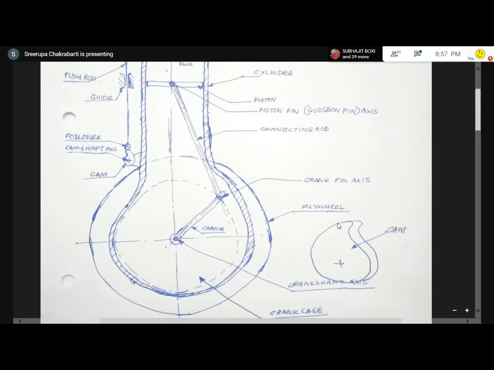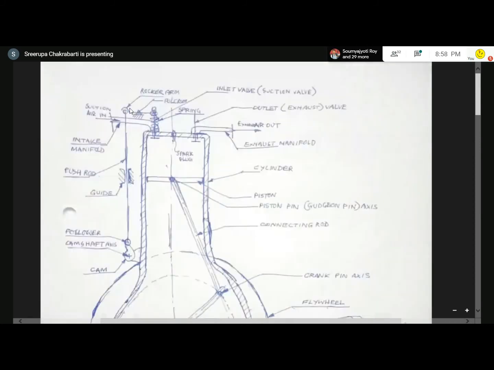That is the valve operating mechanism. It consists of the camshaft, the cam follower, the push rod, the rocker arm, the fulcrum, the valves and the spring. All these components constitute the valve operating mechanism. Similarly, if there are two valves, two cams are there; for two cylinders, four cams are there, and like that the operation of the valves is arranged.